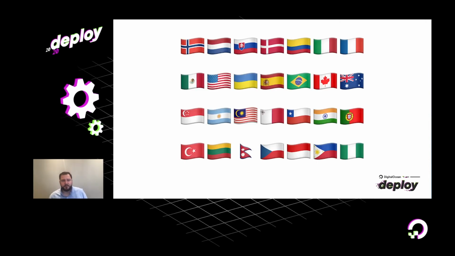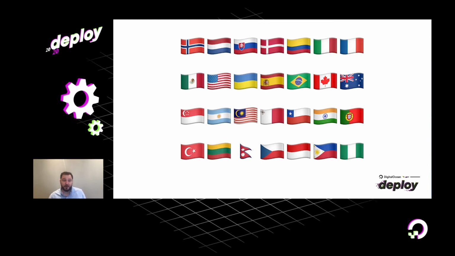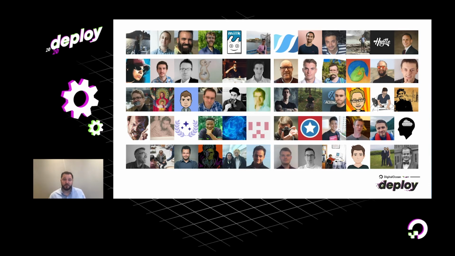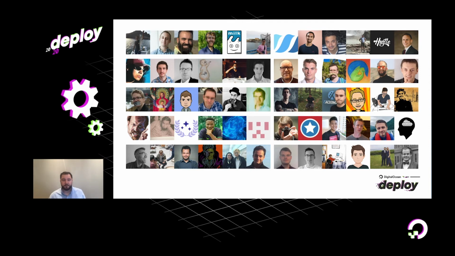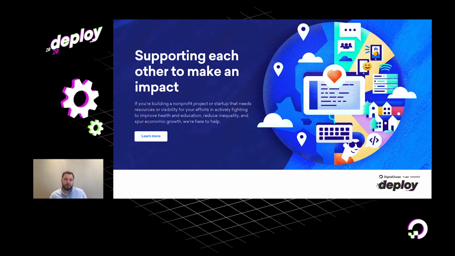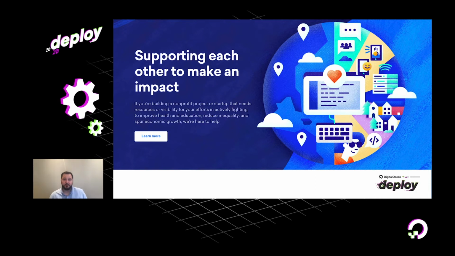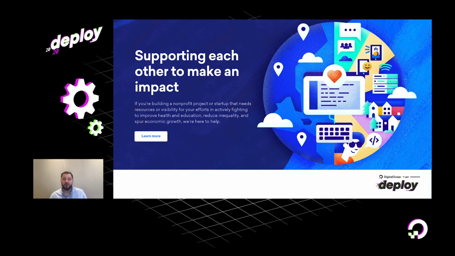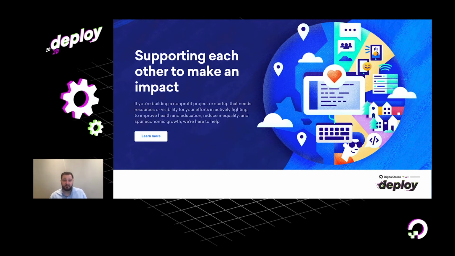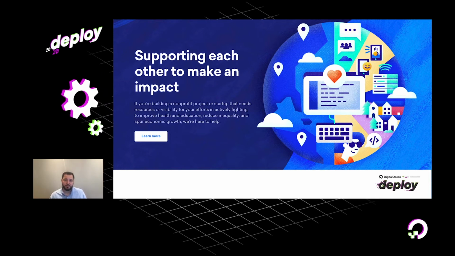As the number of developers who were joining the Telegram chat grew, so did the number of countries we were deploying Coronastatus to. This was due to people wanting to spin up Coronastatus sites in their own country. So what we did was we applied for DigitalOcean's Hub for Good program to get credits so that we could sponsor these sites and the cost associated with them. So luckily we were accepted, and that was great because that really lowered the barrier for people to be able to host these sites in their own countries.